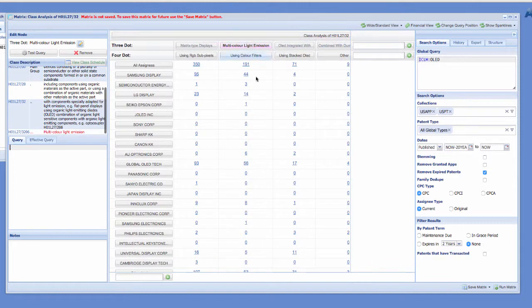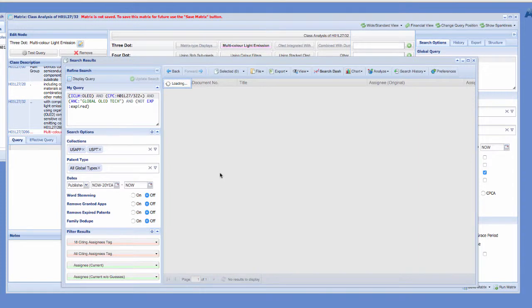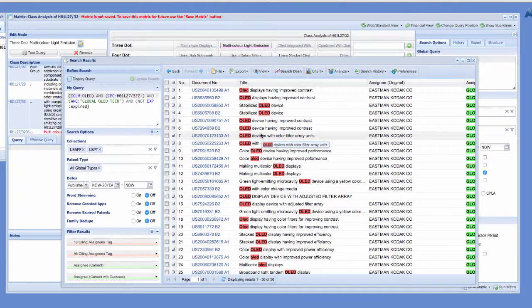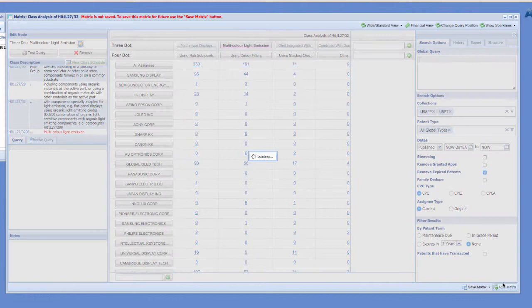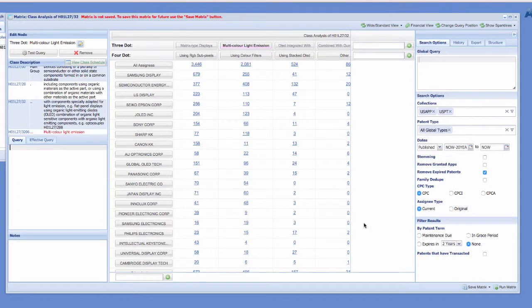So here's how they lay out. 56 using RGB, using color, so we'll look at these, and they're all going to have the word OLED, organic LED, right, in the independent claims. And so that is how you can drill in and now really use the power of this matrix to, in real time, look at it from all different kinds of angles. Using any of the well over 150 different field codes we have, you can create the craziest string here and just look for patents across the entire landscape that have, for example,